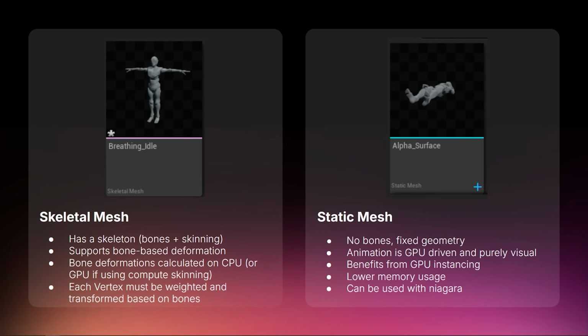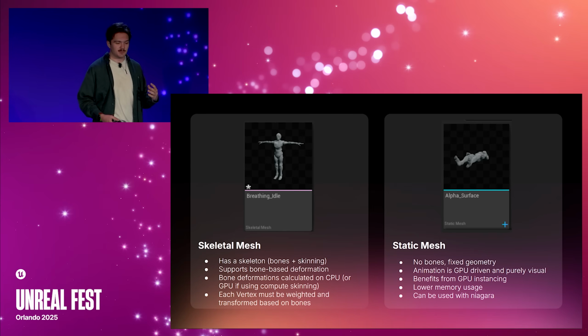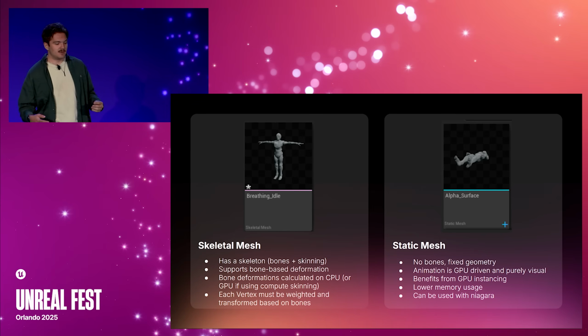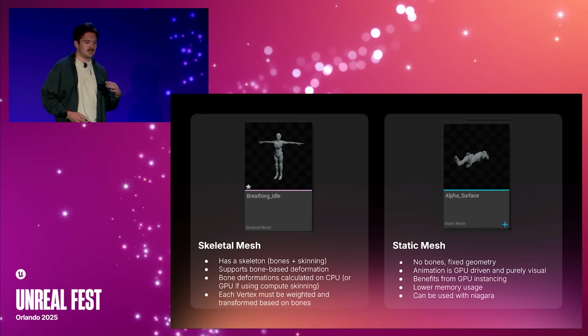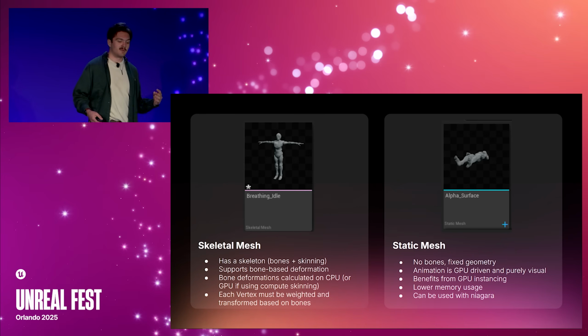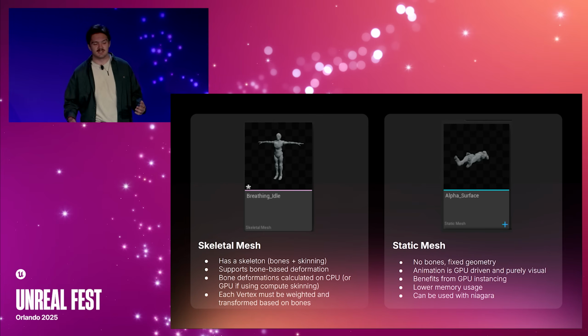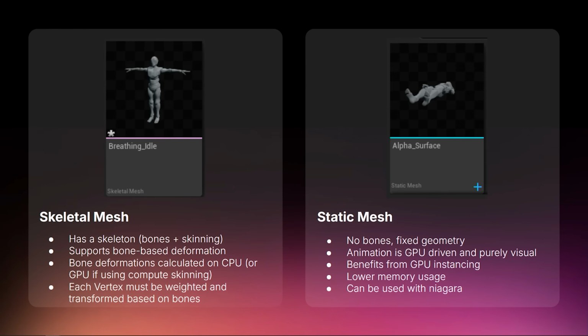Static meshes have no skeleton, so they're just fixed geometry, and any animation is done purely visually on the GPU. But the upside is that they're super lightweight because they benefit from GPU instancing. So it can render a ton of them in a single draw call, which makes it ideal for performance-heavy scenes like crowds or environments. Another benefit of using static meshes is that they can be used with Niagara systems. So for example, you could put them on a VFX power-up device to make like a backpack or a hat